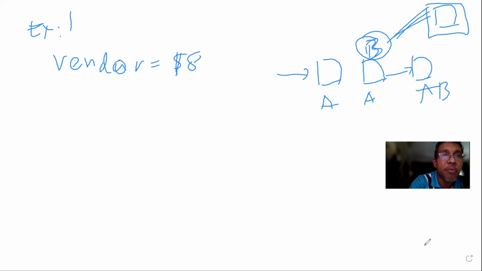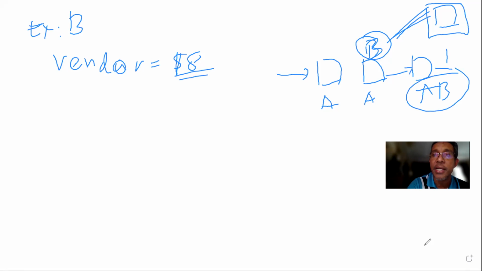So in this example for part B, you want to make it inside your factory, or you want to outsource from the vendors. When you do an analysis, the vendor said, I can supply to you part B at a cost of $8. Because if you don't have part B, you cannot produce your finished product here.